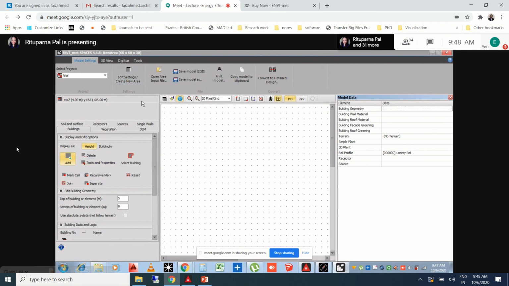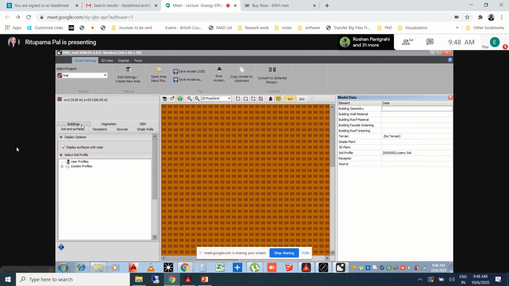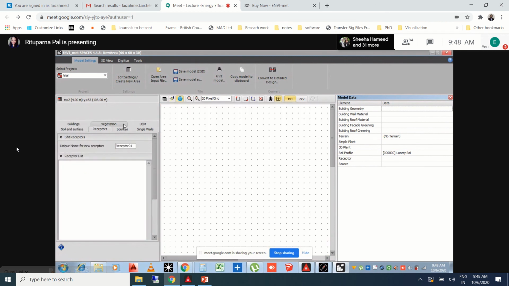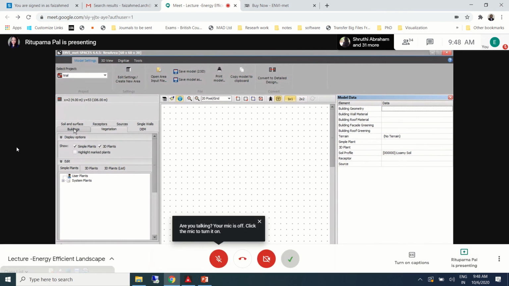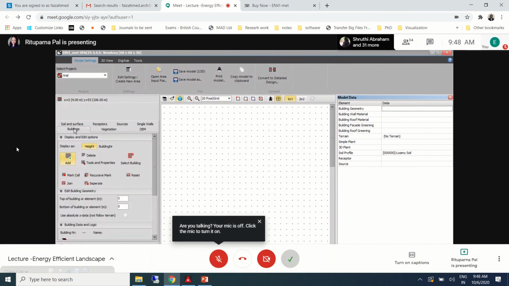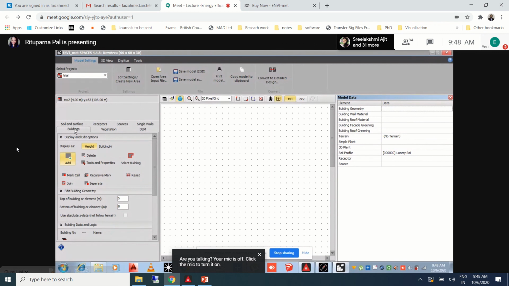Now on this left-hand toolbar, you can see many options like soil and surface, buildings, receptors, vegetation, etc. There are 2 ways you can model your design. First I'll show how you can manually do it in NVIDIA.